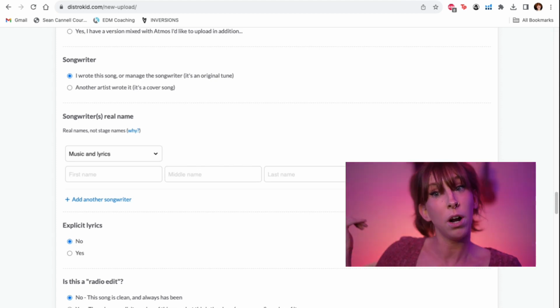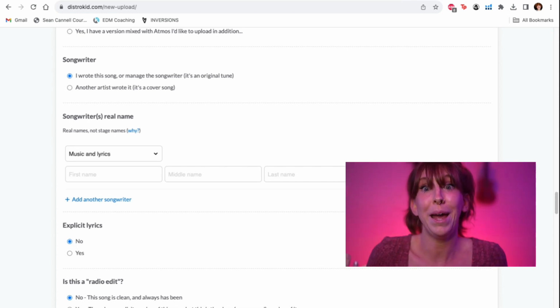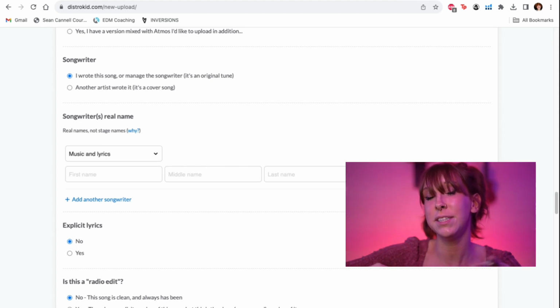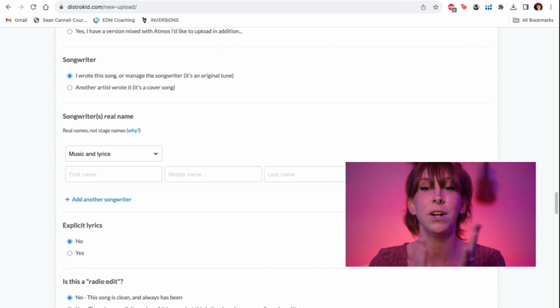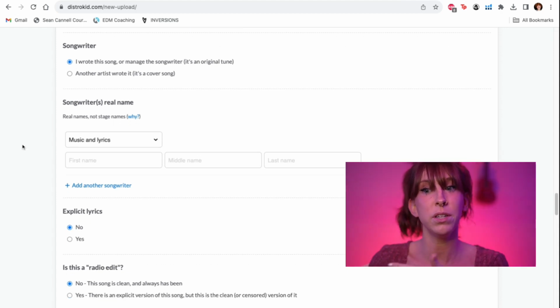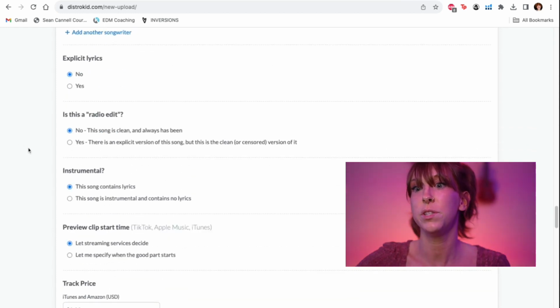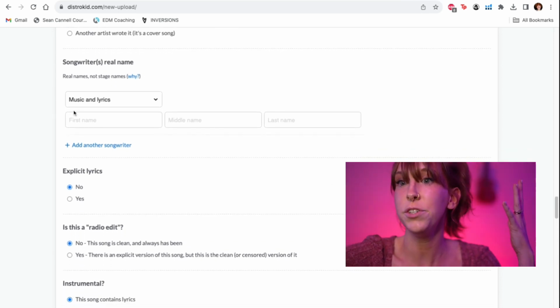You can upload your cover songs and get paid, as long as you have the permissions or it's copyright free. You can upload your songs to not only YouTube, but also to Distrokid, so that you can also get those streams and make money from Spotify and all the other platforms, which, thank you Distrokid,